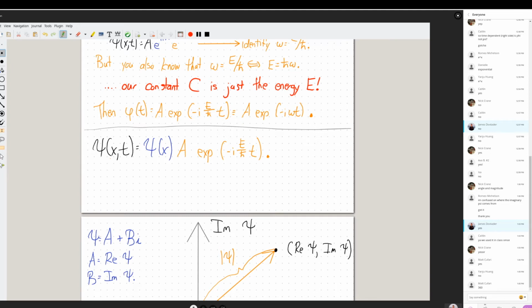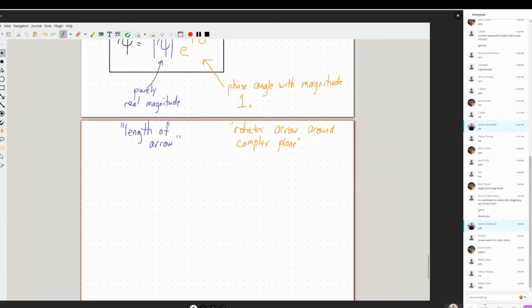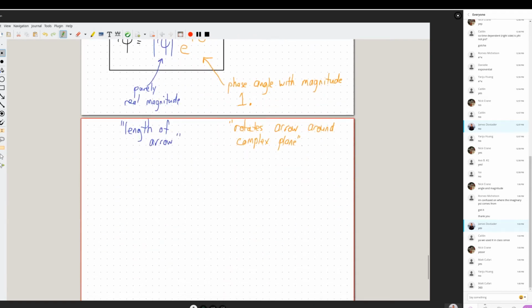There is a way to do cut and paste with this software. I don't know how to do it with the stylus. So I'm going to rewrite it. What we have is that